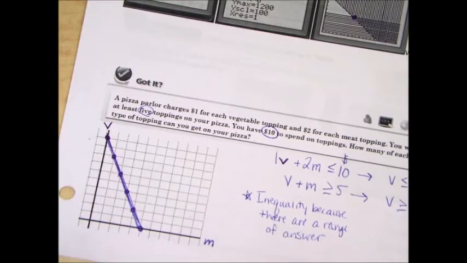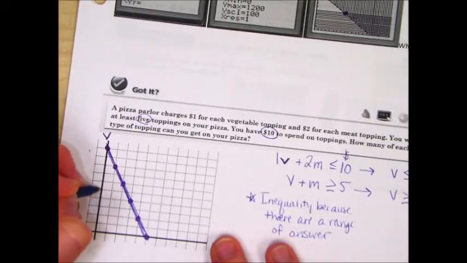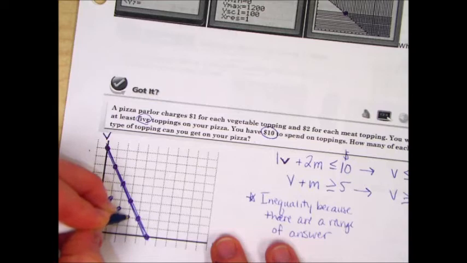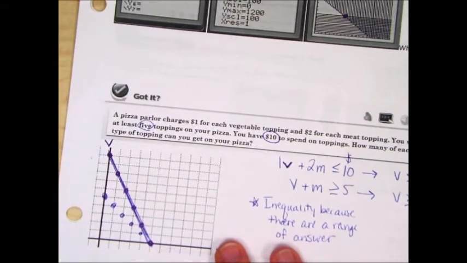The other equation starts at up 5. And it goes down 1 over 1. I will always encourage you to graph this until you come to the point where they